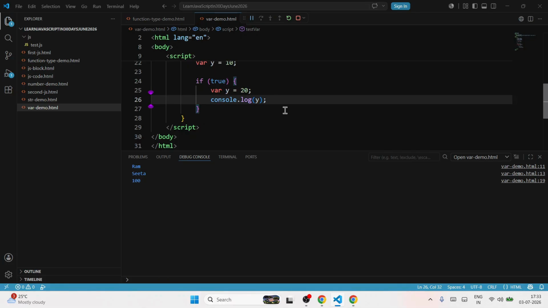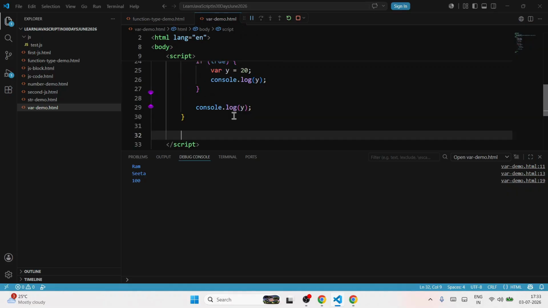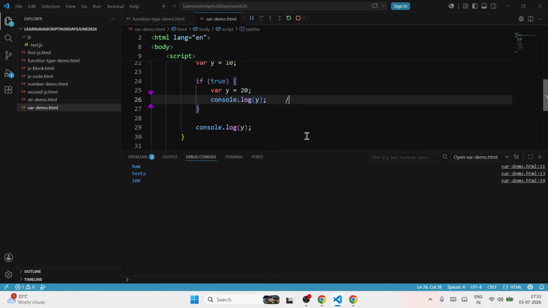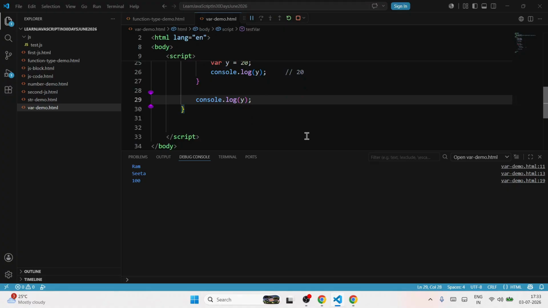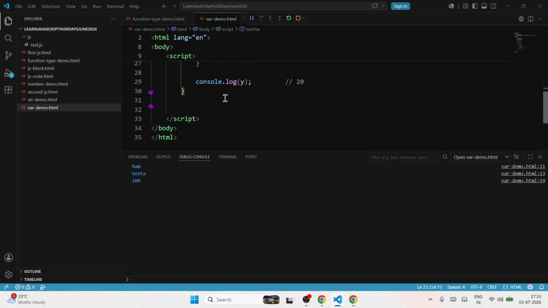It has not created a new y. उसने अपना एक नया y नहीं बनाया ये if ने। ये if ने ये कौन सा वाला y ही लिया है, ये आउटर y, क्योंकि if लेवल तक स्कोप ही नहीं होता है। एंड अगेन मैंने लिखा है console.log y। ठीक है, अब ये टेस्ट तो करना पड़ेगा, तो ये फंक्शन कॉल करना पड़ेगा, राइट? तो यहां तो क्या प्रिंट हो ही जाएगा 20 if I give, एंड यहां क्या प्रिंट होगा? 20 ही प्रिंट होने वाला है, बिकॉज द इनर y, ये if ने जो y चेंज किया है वो इसने ये वाले y में ही चेंजेस किया है। इसने अपना खुद का एक सेपरेट y क्रिएट नहीं किया है।